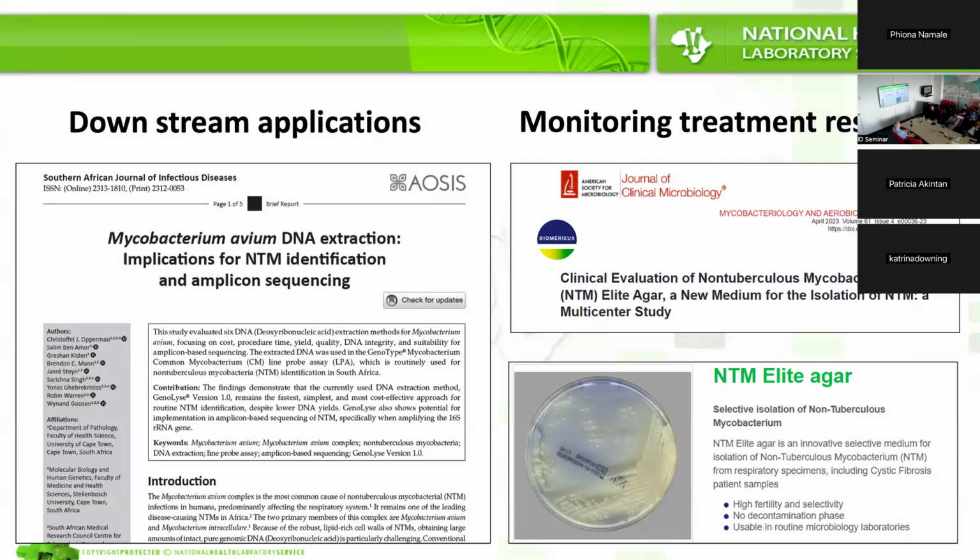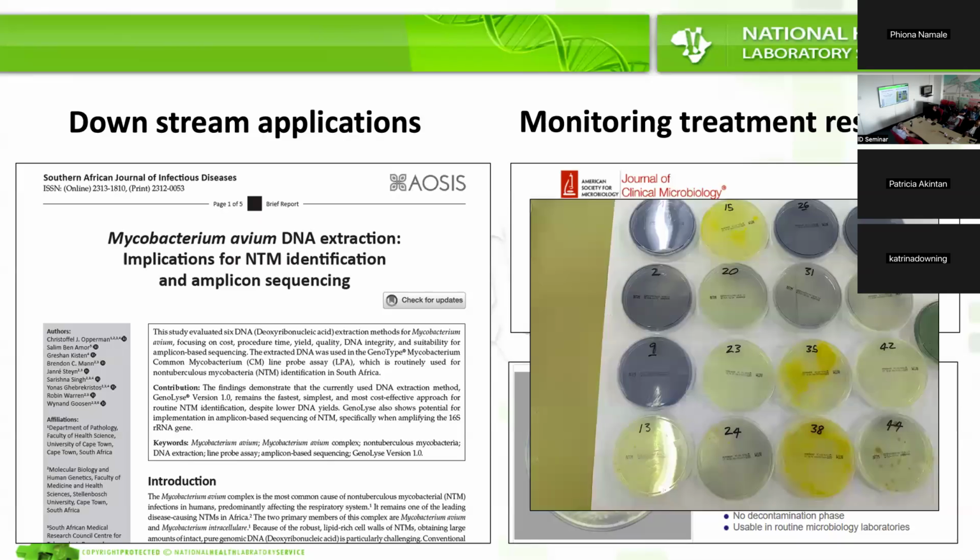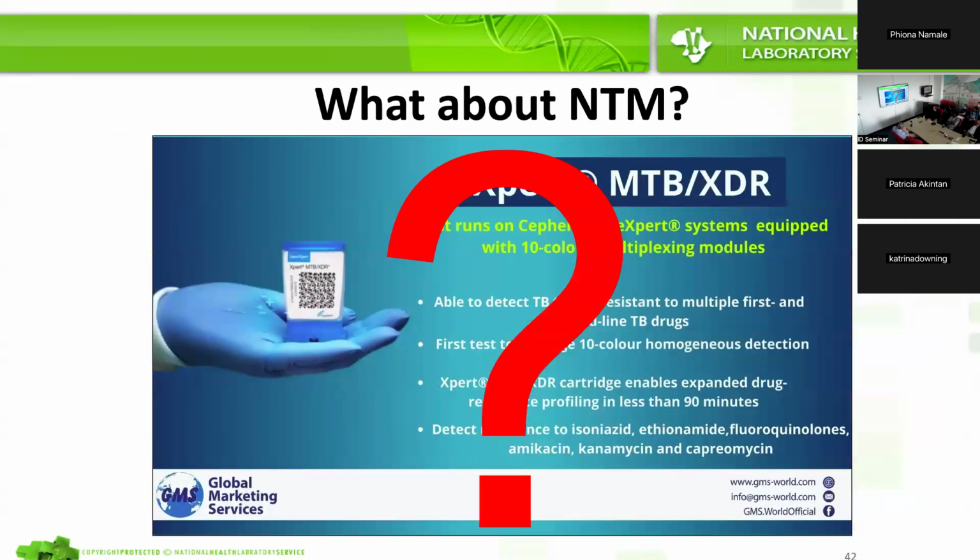Because at this stage, when you treat an NTM patient, you want to see radiological clinical improvement. And then you want to see culture conversion. But there's nothing in between. It's either you culture converted or you did not. And you'll see that some international studies and institutions are using these colony-forming units for monitoring prognosis. So is the colony-forming count actually coming down? So it gives you an objective way to see if the patient is responding to treatment. So I've been working with that as well a little bit.